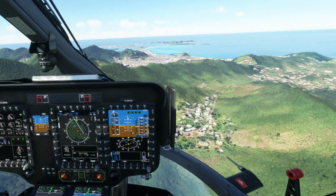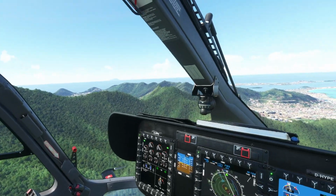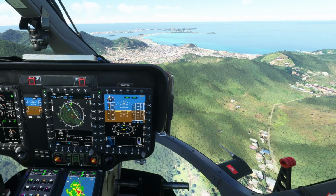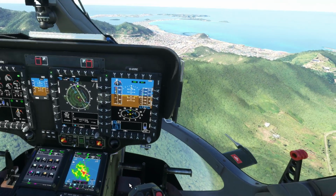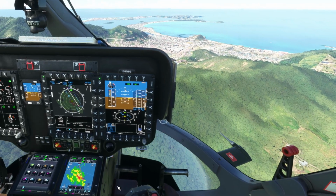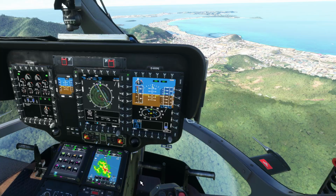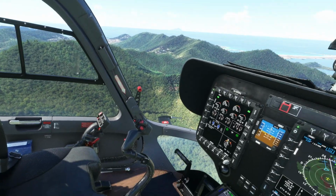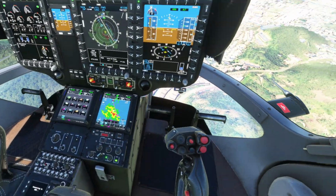To get a little closer to our course line, I'll kick it over into coupled mode, which should line up on the FMS, and that'll be our guide. So that's a real good start for learning the autopilot systems. Like I say, this thing,